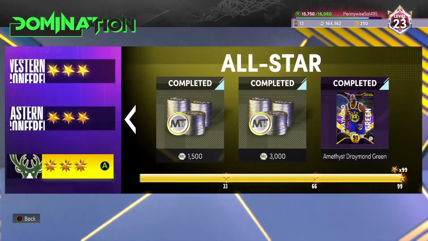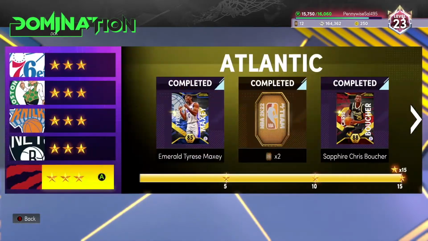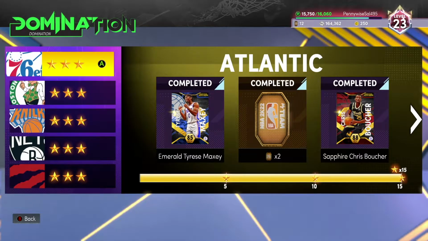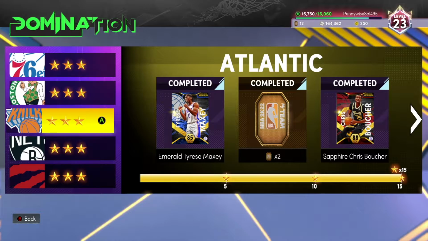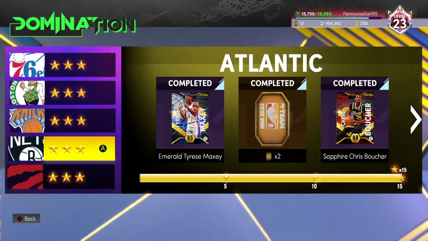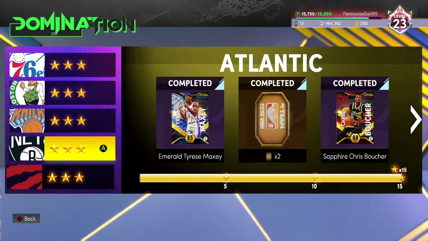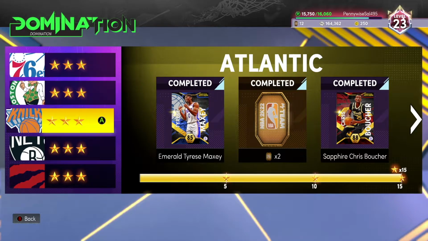The first tip I have is, when you just start off, pick teams that are easy to beat. If you have a lesser team at the start, you want to pick the easier teams. In this division I'd probably go Knicks and Raptors. As much as I'd want to say the Raptors are better than the Celtics, especially in this game, Tatum's hard to guard. They got Jaylen Brown. So I'd go Raptors, Knicks, and then once you play these two games, you're going to get that Emerald